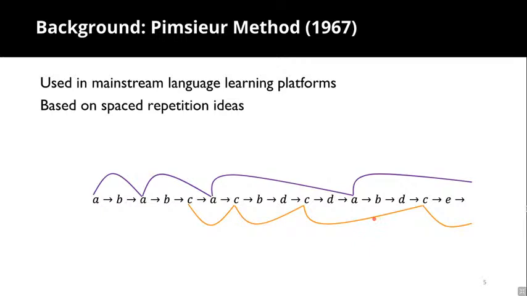That leads to a slightly more intelligent algorithm, which is very popular in mainstream teaching practice, introduced by Pimsleur in 1967. The idea is simple, but it uses spaced repetition for the first time in a popular way in the literature. The system works as follows: we consider the user's spacing and lag effects. Pimsleur used an audio-based language learning program, which is now franchised by Simon and Schuster.